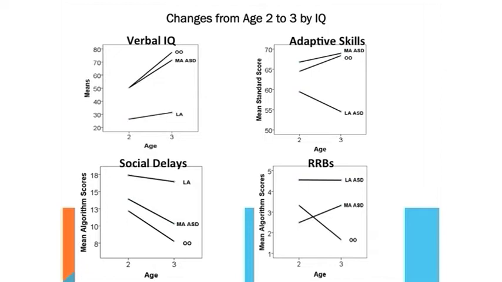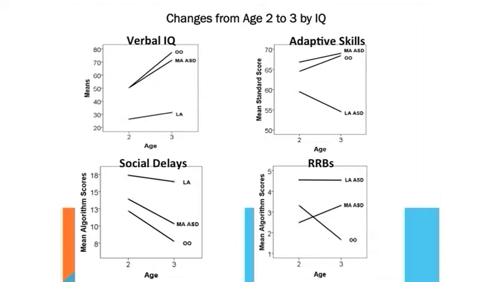Again, this just shows you what I've said before. If you look in the upper left, this is the more able group, and then the optimal group had very similar trajectories of IQ, but quite different from the less able kids. In adaptive skills, again, similar trajectories. We see the decrease in adaptive skills in less able kids that people have reported in other kinds of studies. If we go down to the bottom, we see this decrease in repetitive behaviors for the optimal group, while the more able kids increase and the less able kids stay high.